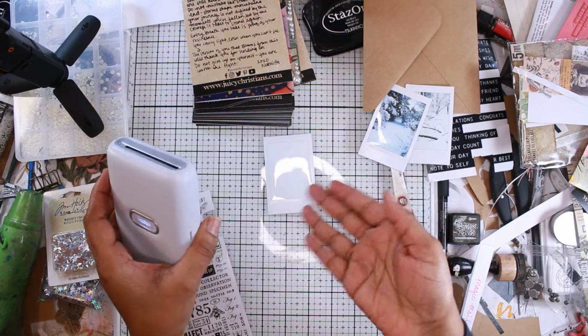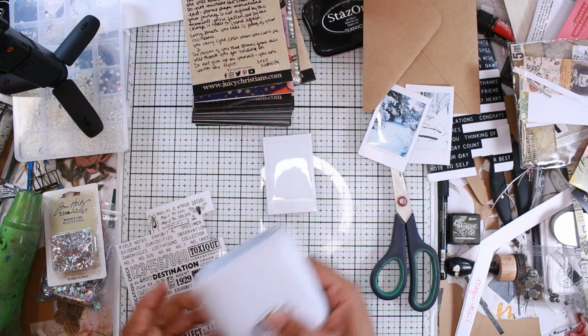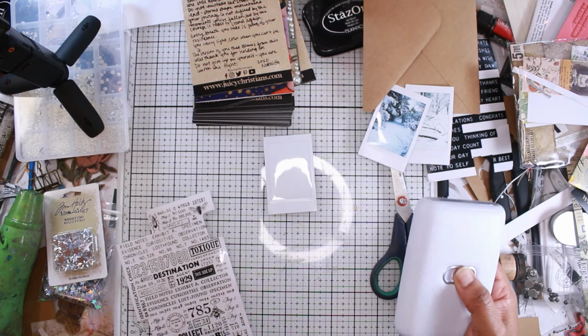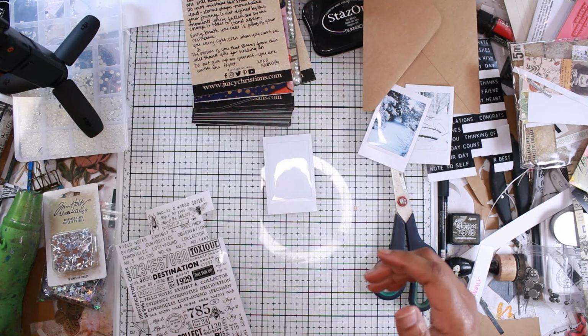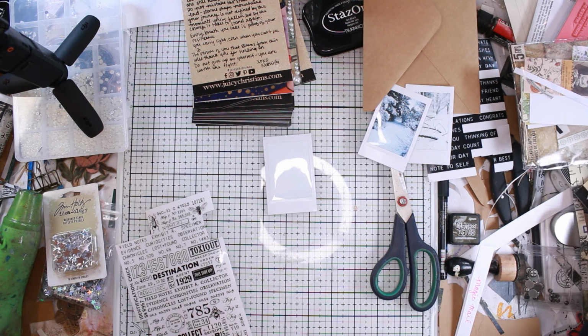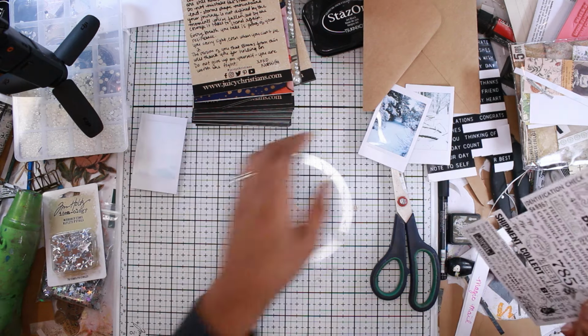Super cool. It comes out white, but it's going to develop over the next couple of minutes. So we'll let that go as I start working on the other ones. But I just think it's really fun to use. And again, you can use any photo from your camera. That's the part that I love about it. So as this is developing,